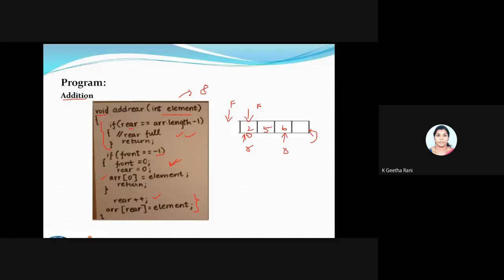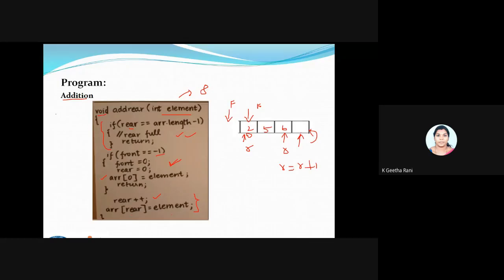Fine, so now I want to add the element, like the element is going to be 8. Okay, what I will do, I'll just increment the rear. So r is equal to r plus 1, that's it. So now the rear will be coming here, then I'm just adding the value. Okay, so this addition is very familiar to you, because you have used this addition in your normal queue, in your circular queue, as well as in your dq. Fine, so we have different ways of writing, you can just follow what you like.